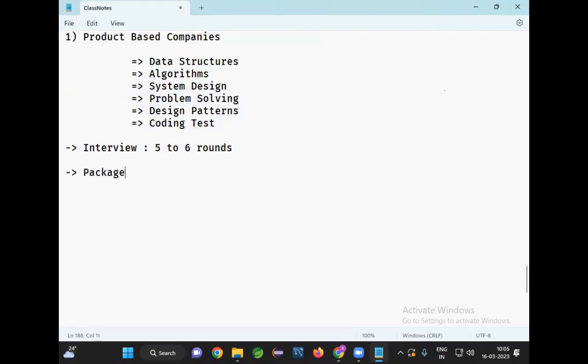Package. In the product-based company, high packages will be available. Years of experience multiplied by 6 to 7 lakhs they will offer. If you have 3 years experience, 3 into 7, 21 lakhs also they can give you. Some companies are giving more than that also. So if you have 2 years of experience, 2 multiplied by 7, 14 to 15 lakhs package you can get